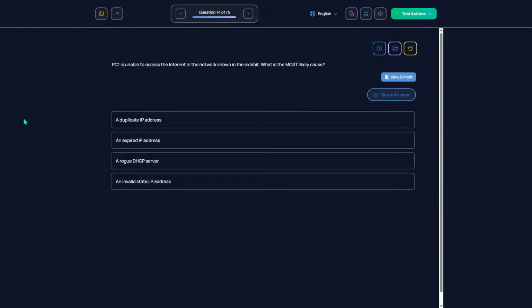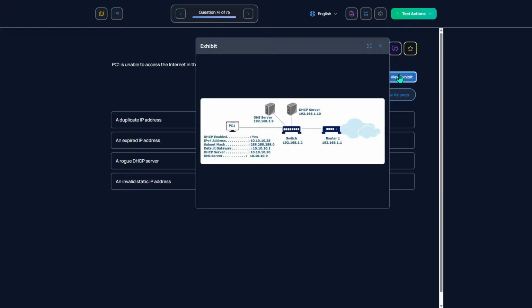PC1 is unable to access the internet in the network shown in the exhibit. What is the most likely cause?